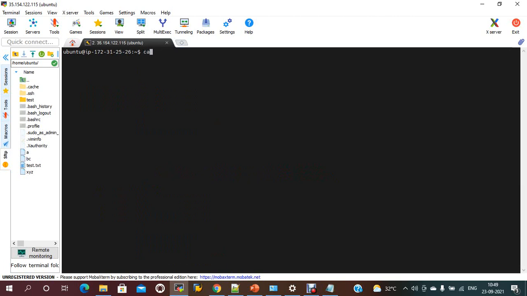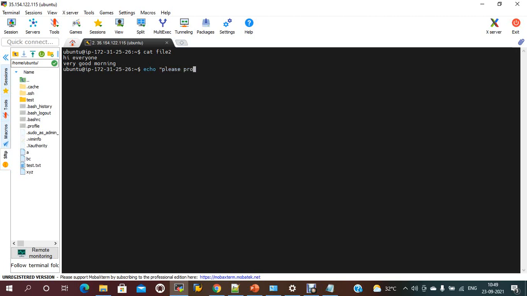Suppose I have data inside file 2. Hi everyone, very good one. This is the content inside the file. If I want to insert some data in this file from the outside, suppose I am inserting new data.